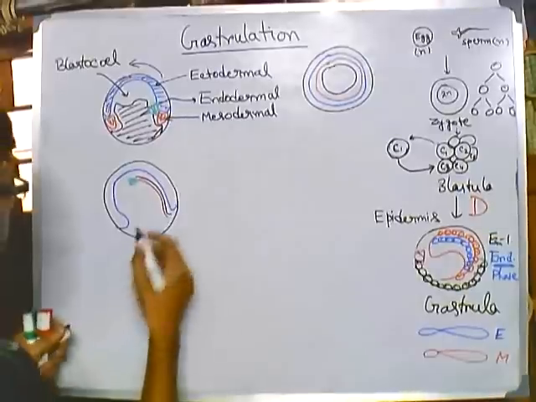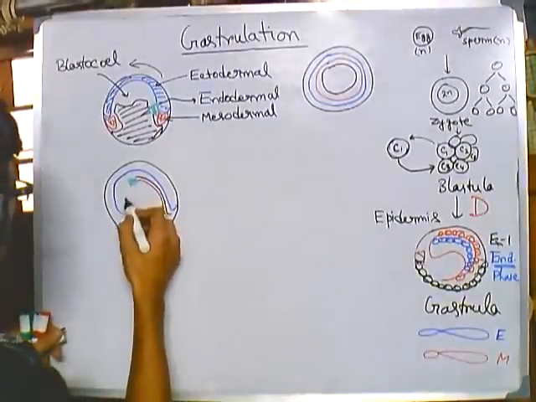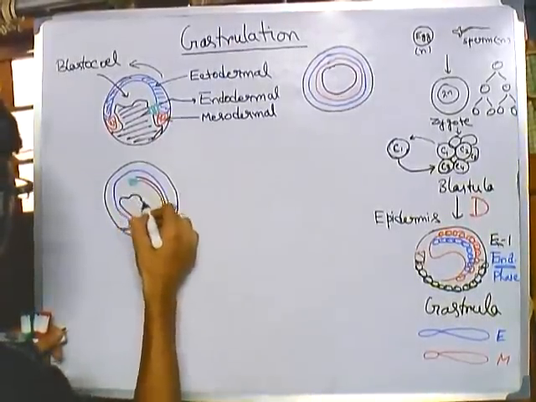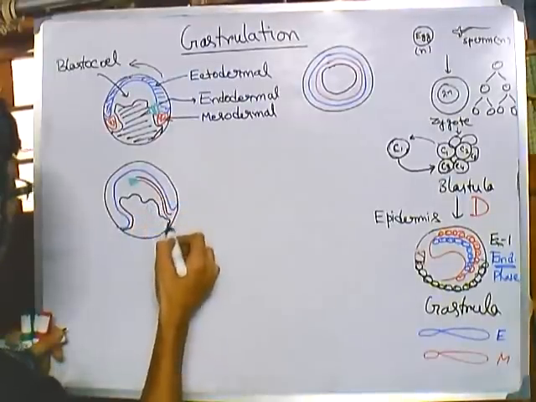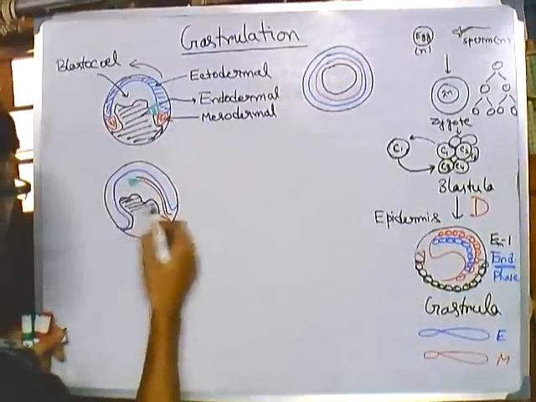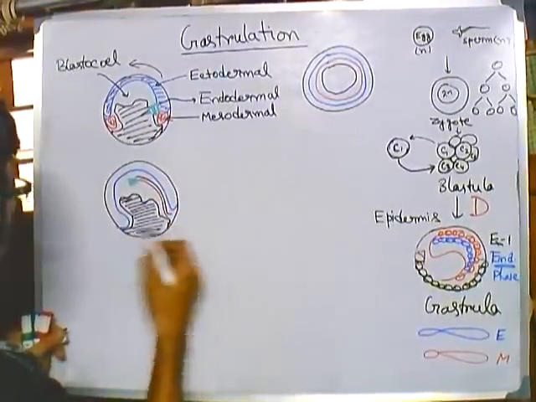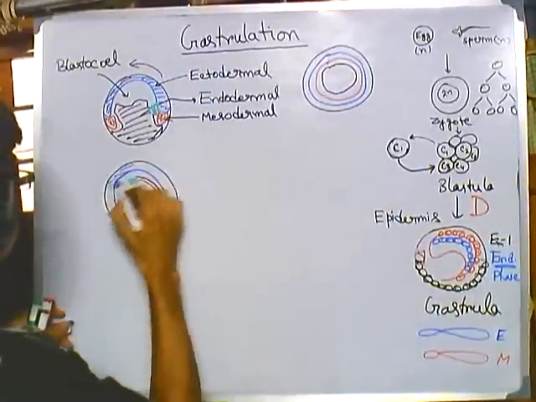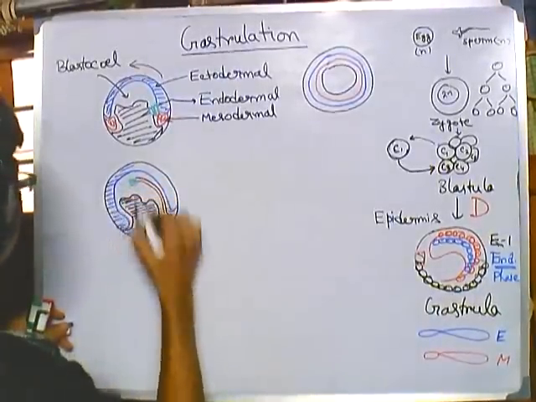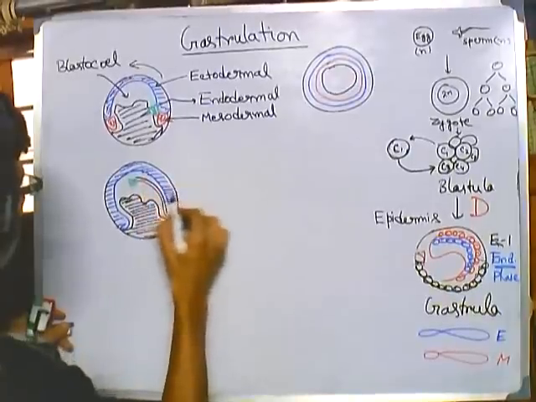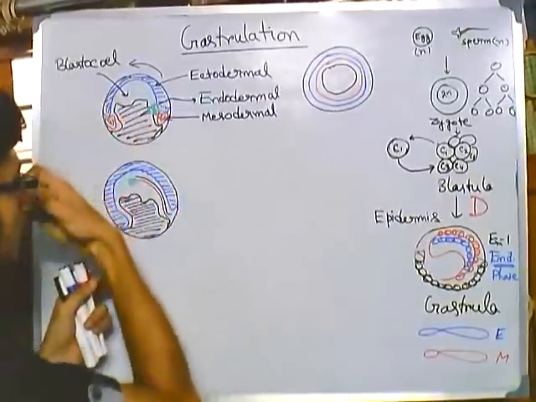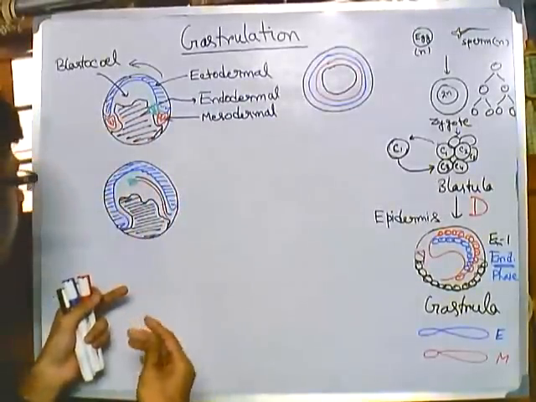Okay, and say okay, so this will be the structure after some time. Okay, movement of cells is going on, so we can see the movement of cells going on in this way. And